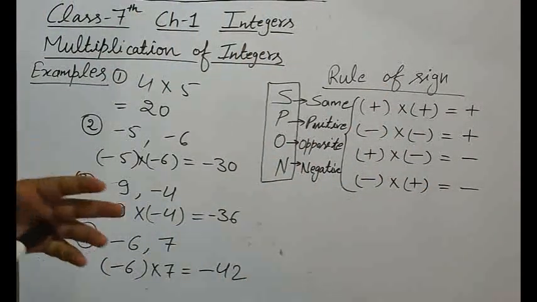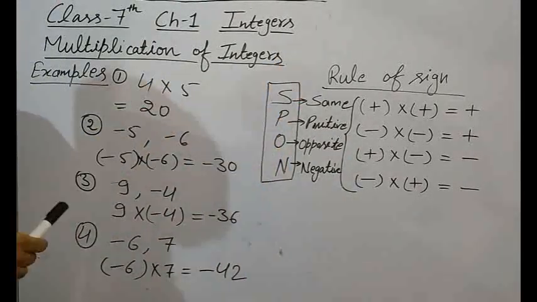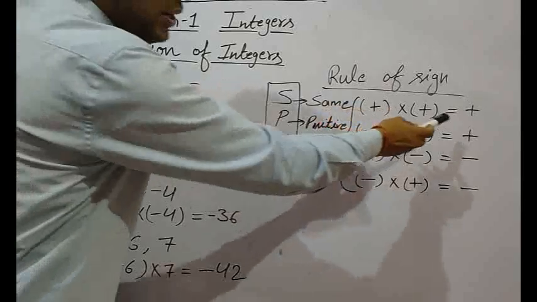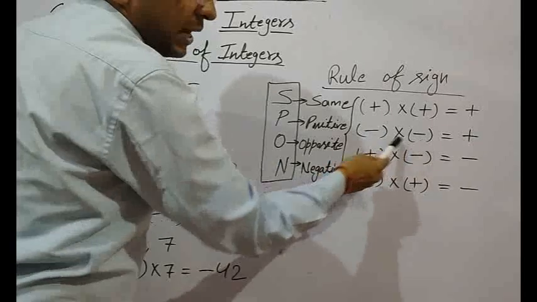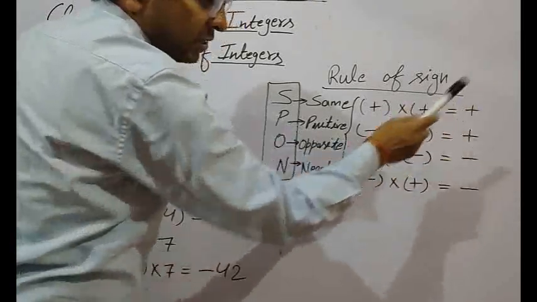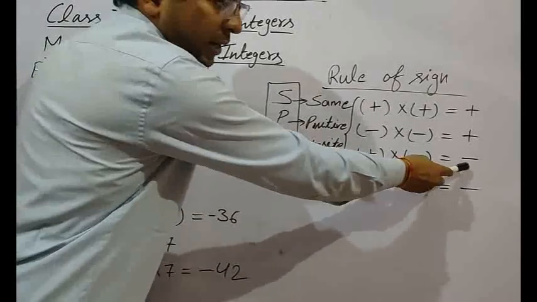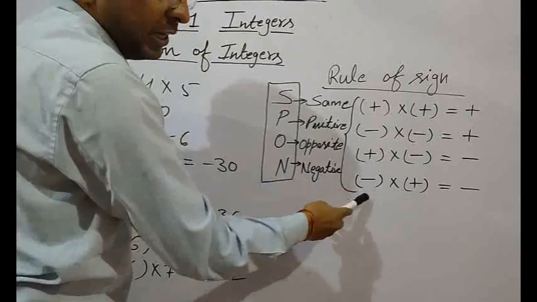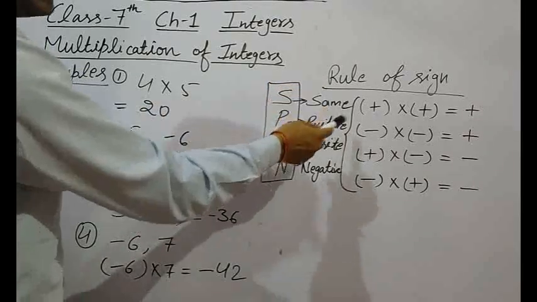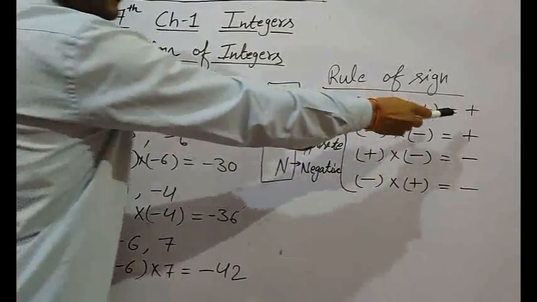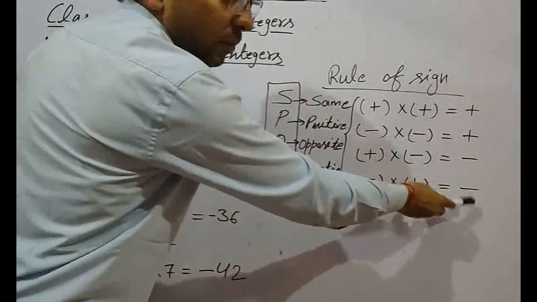So there is no need to learn it, because we can understand it from this simple trick. We observe here the same sign, so plus, and both are minus, and same sign is plus. One is plus, one is minus. So here is opposite sign, so our answer is minus, and here is also opposite sign, so minus. So we can say same sign gives positive, the plus sign, and opposite sign gives negative, the minus sign.